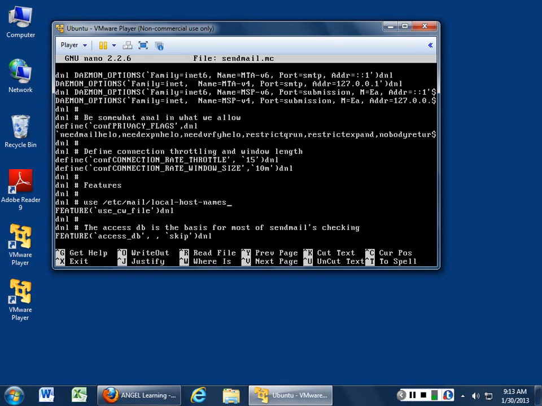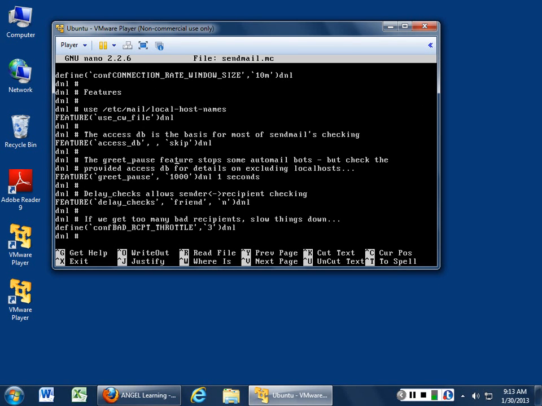All right. DNL, use etc mail local host names. Again, a lot of this stuff is in pretty good shape in terms of what we're doing here, right? Feature access DB. All right, so this is the basis for most of how Sendmail checks everything out. Make sure that it's a good service and that it's ready to run, and that all the rest of these things are happening. Greet pause feature will stop automail bots, so it makes it harder to spam,